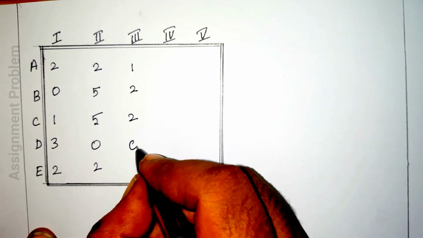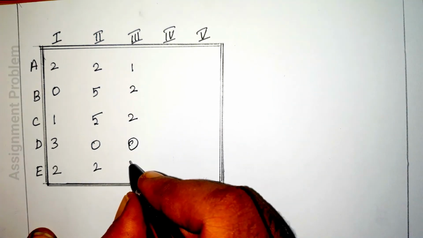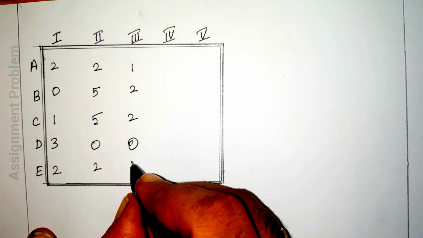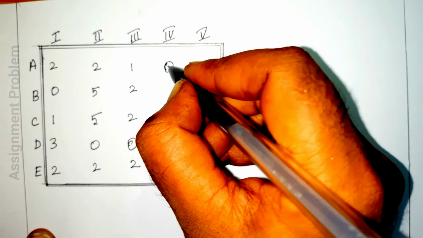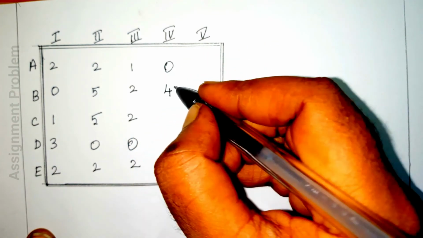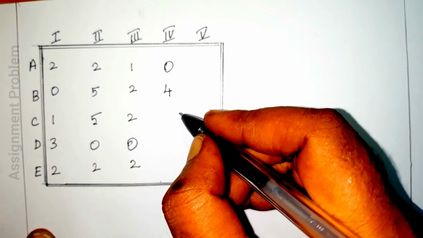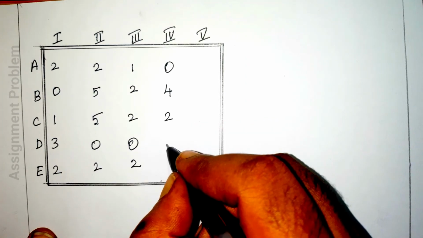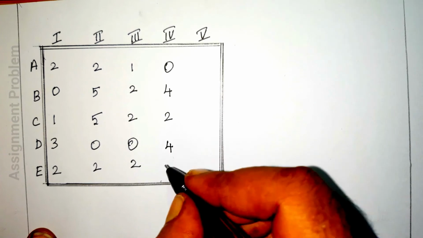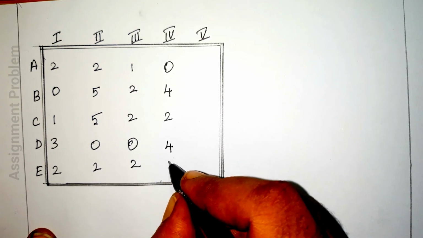0 is covered with a single line, write as it is. 3 is not covered with the line, so 3 minus 1 is 2. The fourth column, 0 is covered with a single line, write as it is. 4 is covered with a single line, so write as it is. And 3 is uncovered, so 3 minus 1 is 2. 4 is covered with a single line, so write as it is. 1 is not covered, so 0.